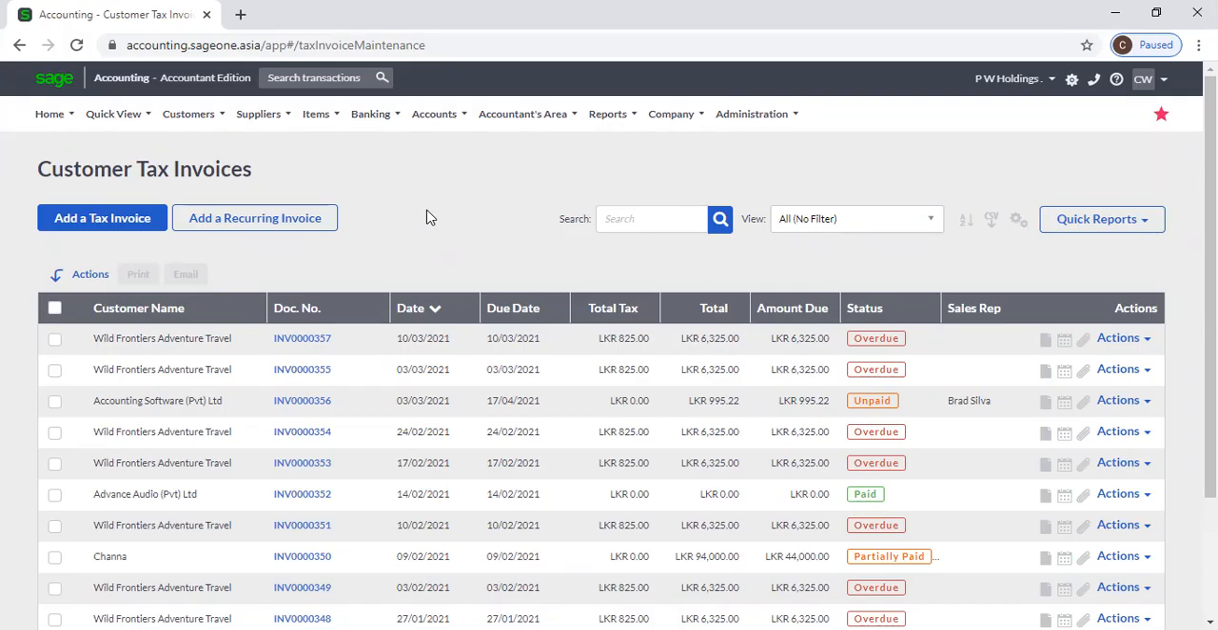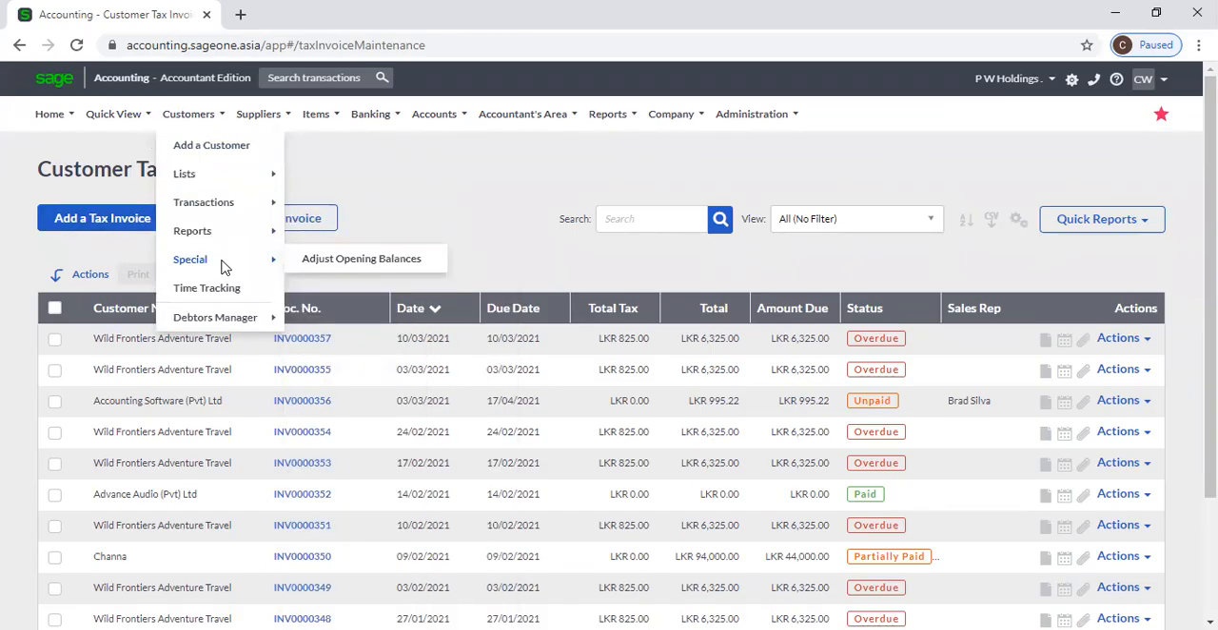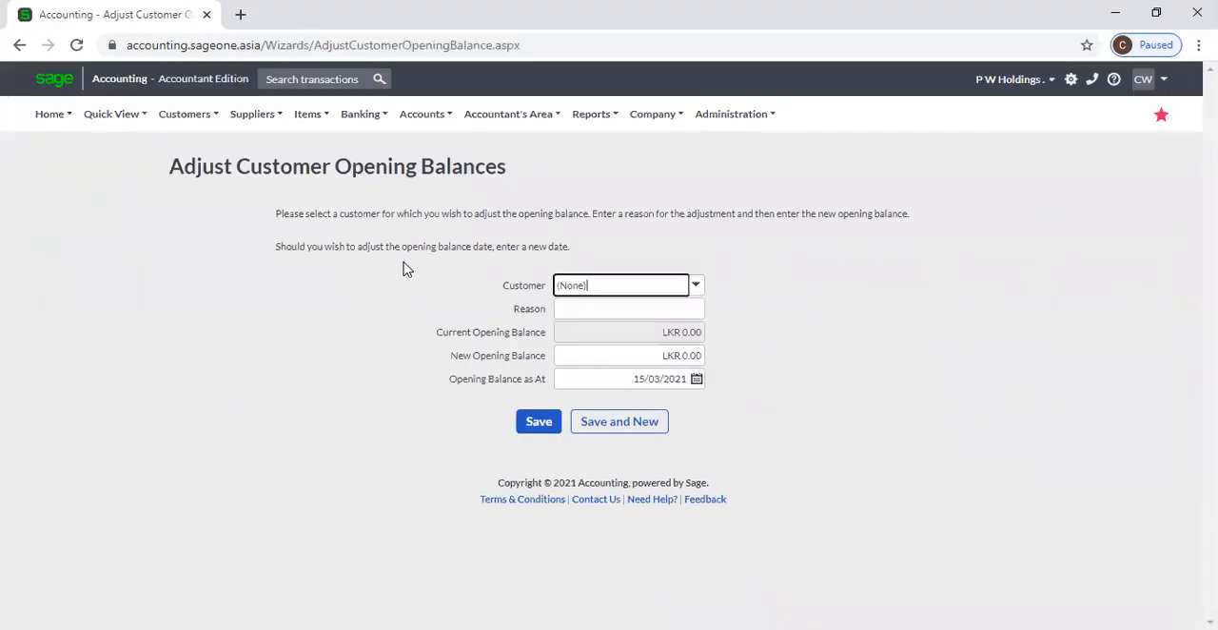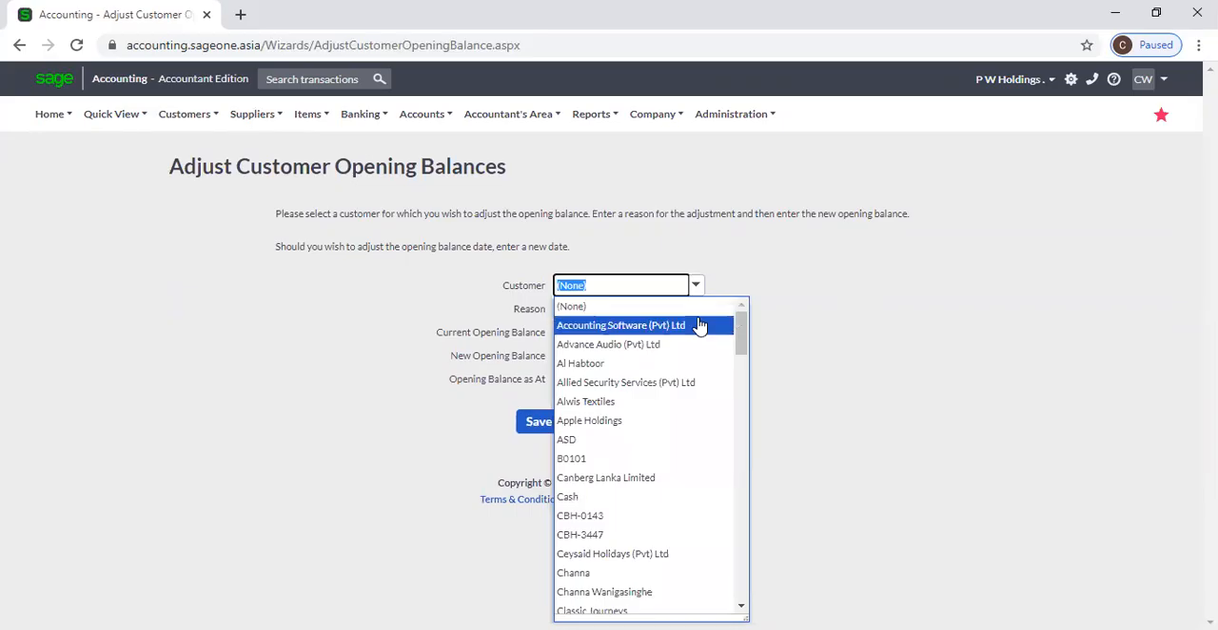Or else we will move to special. Go to customer, special, and select adjust opening balances. Now after you enter customer opening balances, sometimes you may need to change that customer opening balances. In that case, you can use this adjust customer opening balances. From here, you can select customer,